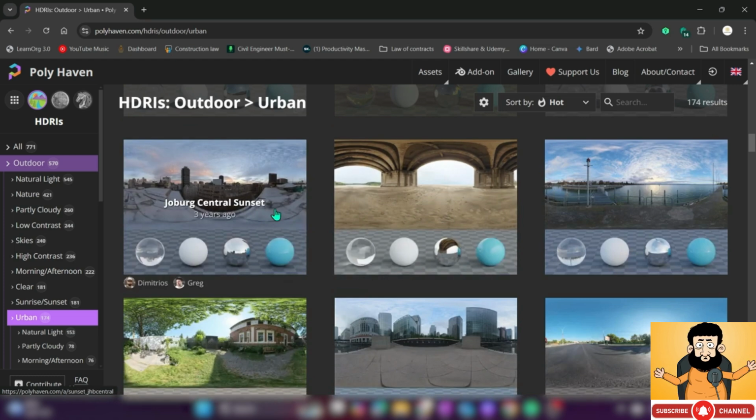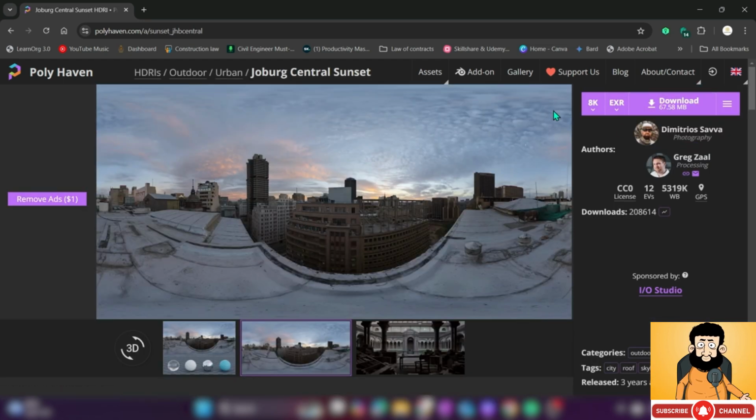So now what I'm going to do is I'll just click on this here, and here you have the options. You should download with the EXR file type. And just to have a note, it's a must from my end as an option to achieve better realism,